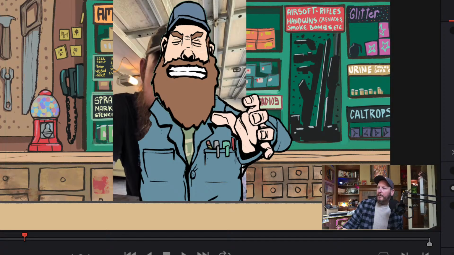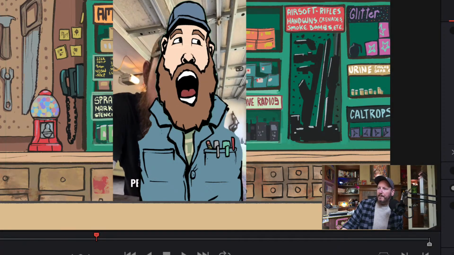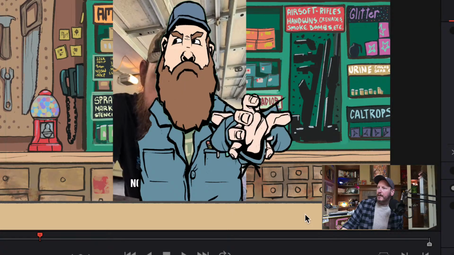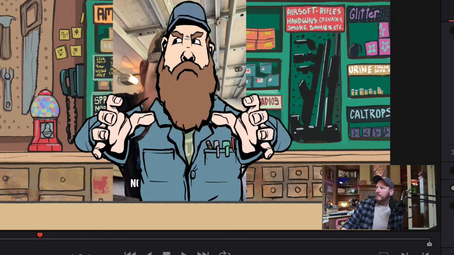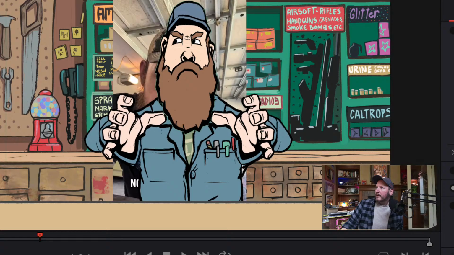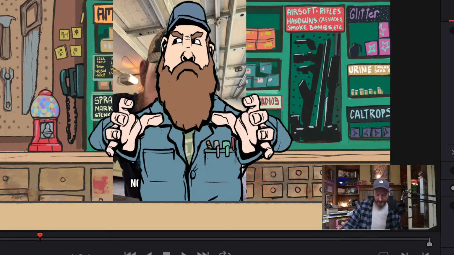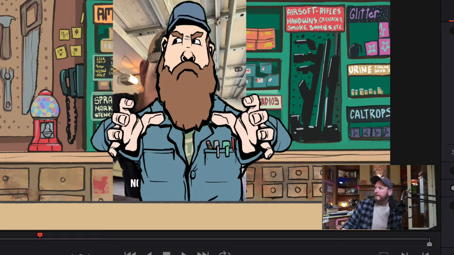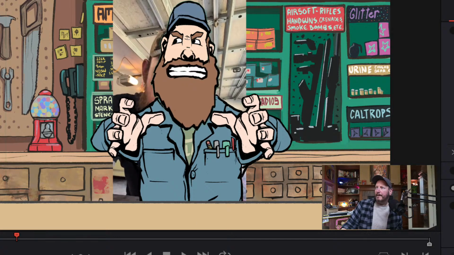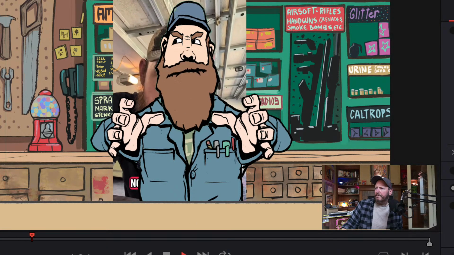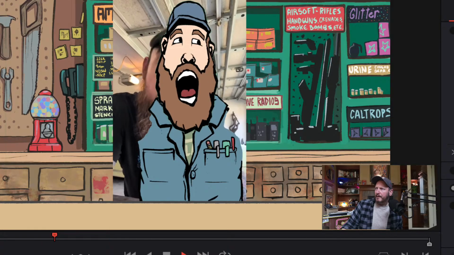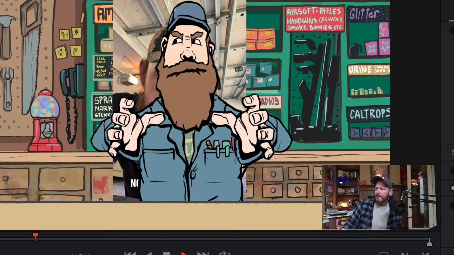So left and right copy should be the same, but I can flip them. Let's flip this one around. And we're going to change the angle slightly so they don't look exactly the same. No, that's a yaw. That's what I want. Sometimes it's not good enough, right? I fuck up. It's not good enough.